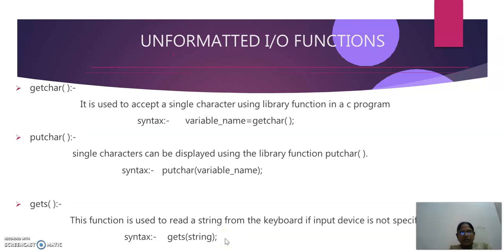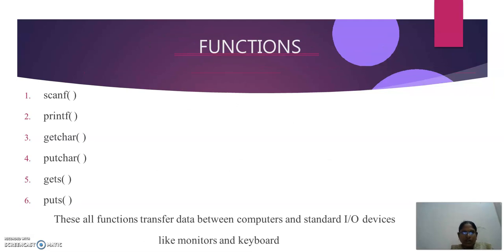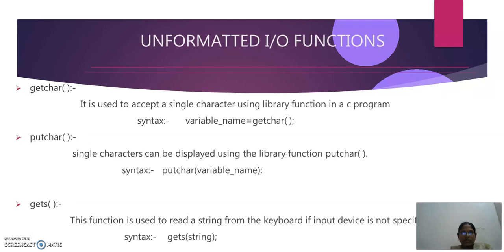So what makes the difference between all these things? Before discussing that, we will be categorizing this into formatted and unformatted. First, we will see the unformatted input-output statements like getchar, putchar, gets and puts. We do have others also, but most important in this class, we are going to discuss these four unformatted input-output statements. That is getchar, putchar, gets and puts. We do have other things like getch, putch, getche and putche also.